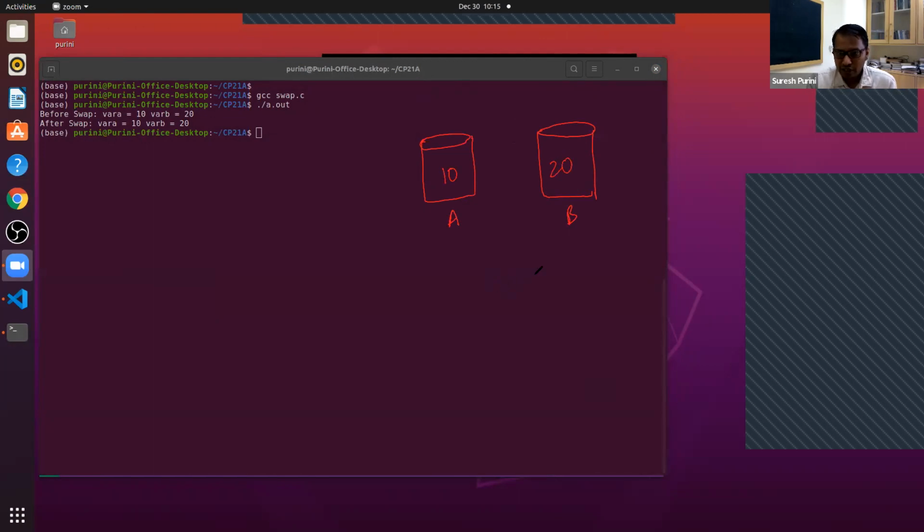We use a third empty beaker, let's call it T. Step 1: pour A into this tumbler. Step 2: pour B into A. Step 3: pour T into B.